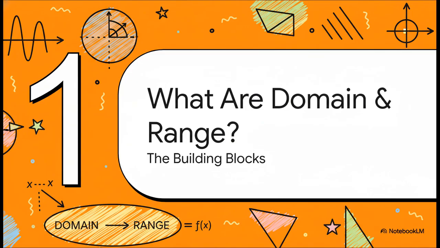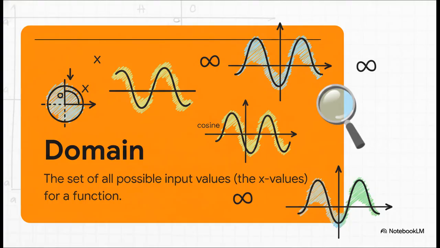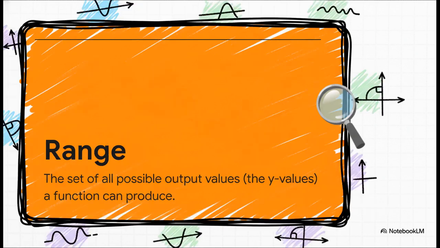Okay, first things first. Before we can even touch trig functions, we need to be on the same page with the language. And that language is built on 2 super important ideas, domain and range. First up, we've got the domain. The easiest way to think about this is, what are all the things you're allowed to plug into the function? It's the complete set of all possible inputs, the x values, that won't break the math and give you an error. And if the domain is all the possible inputs, then the range is all the possible outputs. It's every single possible answer or y value that the function can spit out